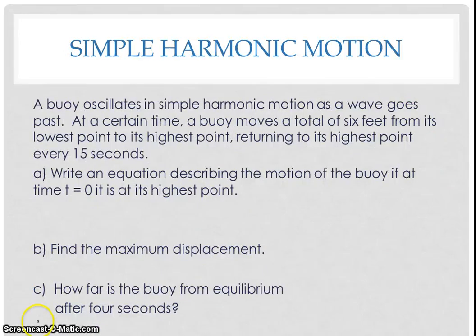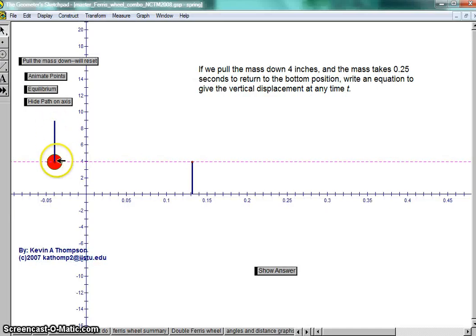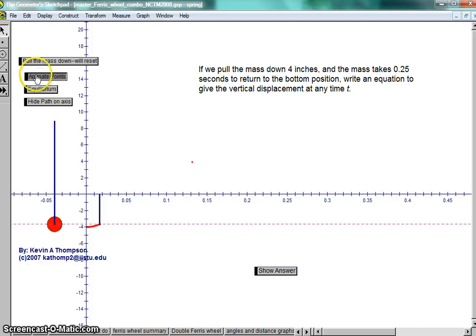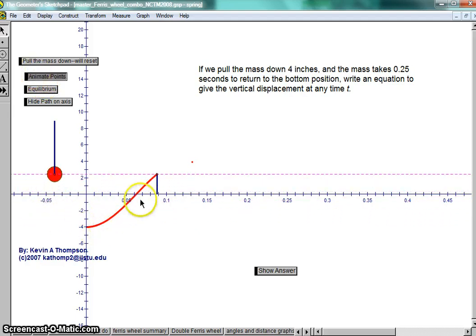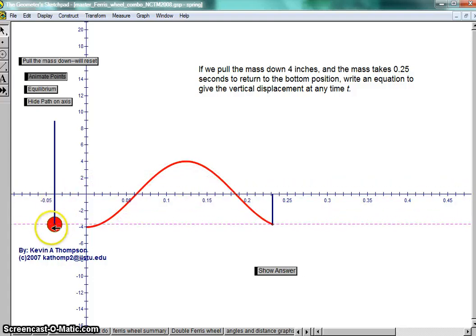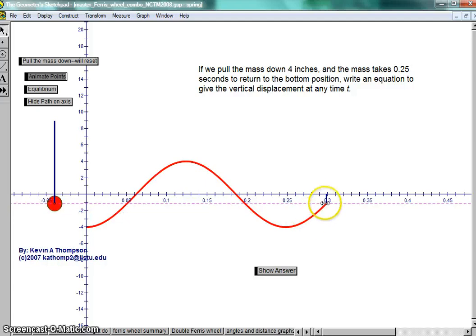Before we get to the example of a buoy, I do want to show you an example of a spring. Here's an example of a mass on a spring, and I'm going to pull the mass down. This is as far as it can go, and then I can animate the points and look at where it goes. Let's just watch the path that it takes. It's mapping out its distance from the equilibrium. It goes up. This is where it was at rest, the equilibrium, and now it's below. See, as time goes on,